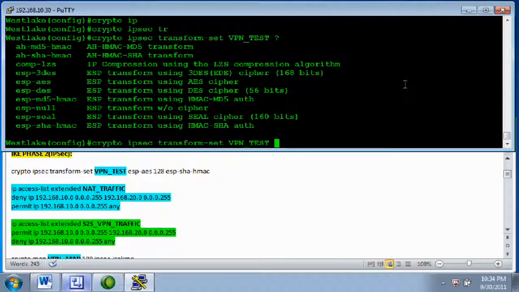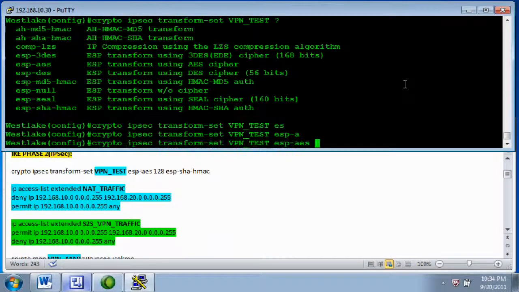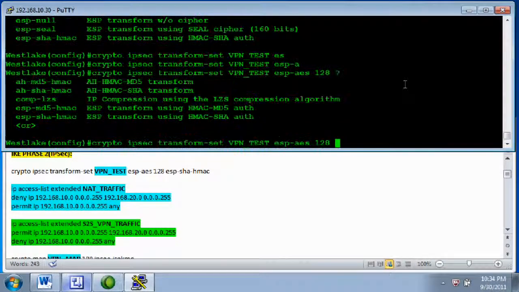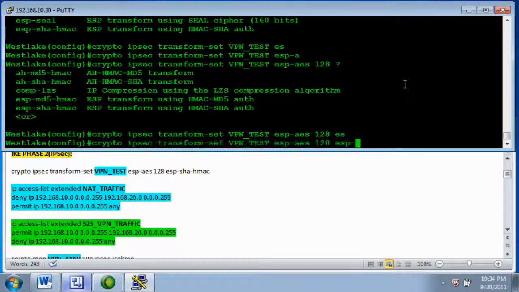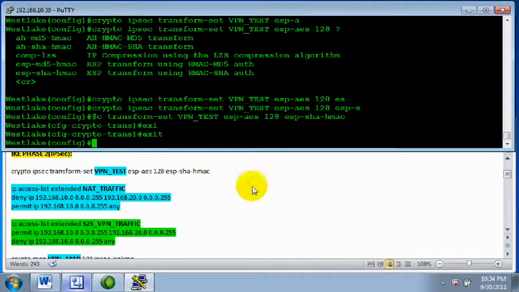So we're going to do the encryption. That's going to be AES 128. Then the hash, that's going to be SHA, enter, exit, and next we're going to do the